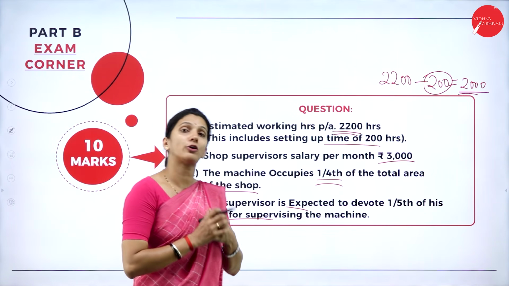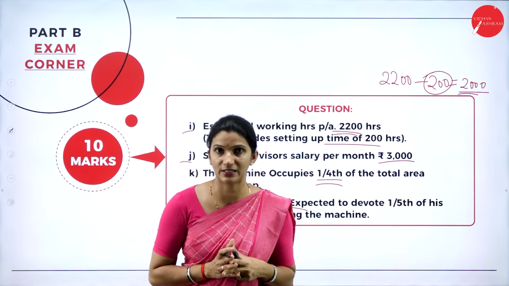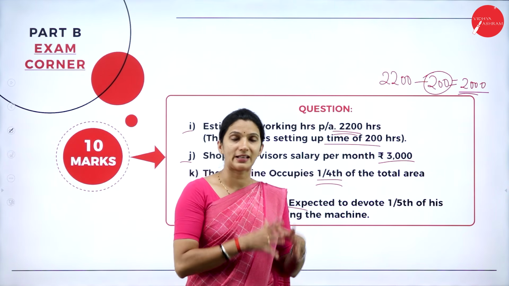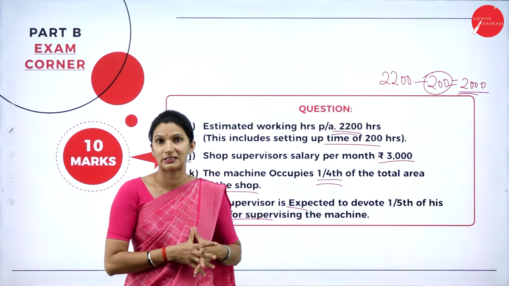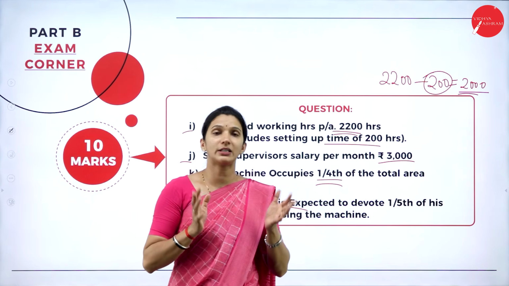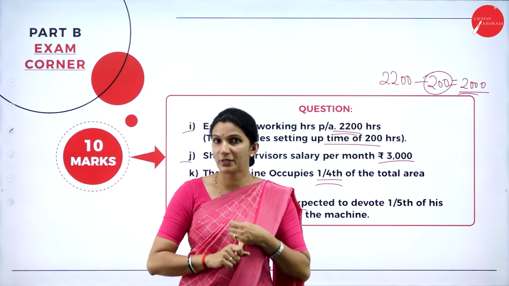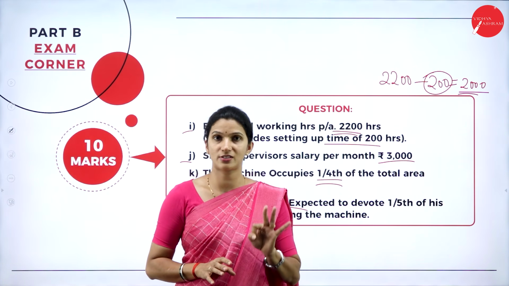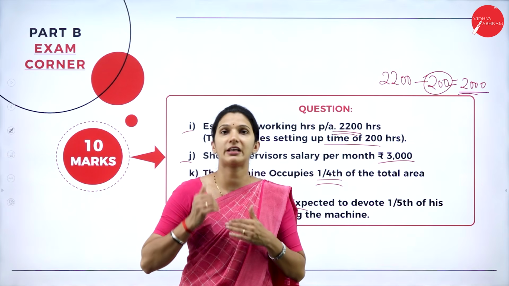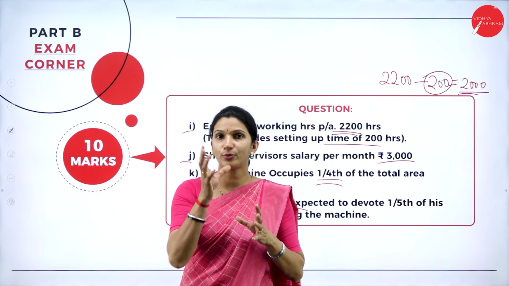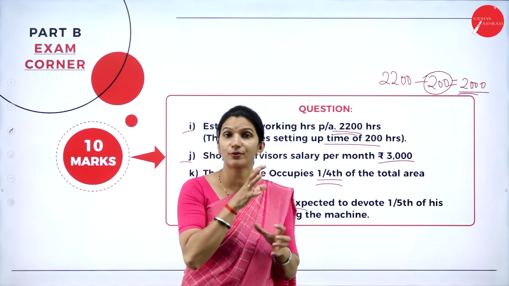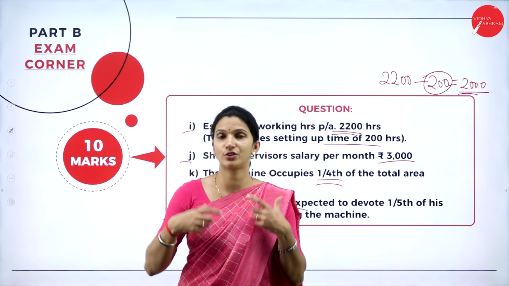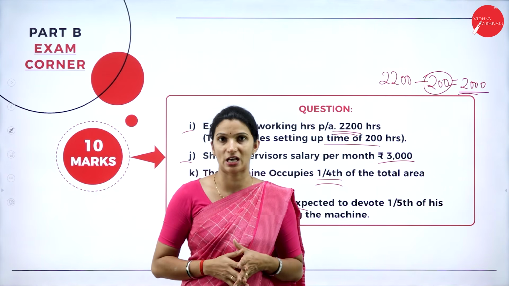So the important thing here: when we prepare the machine rate statement, we have all kinds of expenses, your rent, lighting, insurance, supervisor salaries and everything. In the total given expenses, your depreciation, repairs and power, only these three charges you will write under the variable cost. Apart from these three, all the remaining expenses you need to write under the fixed charges.